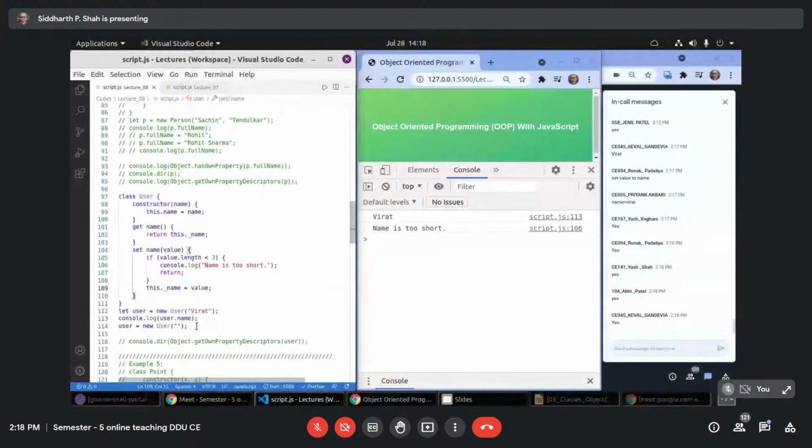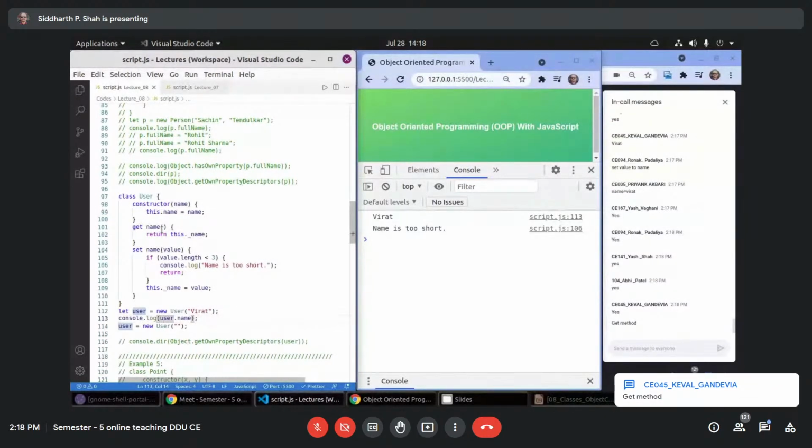So Virat is set, and when you print that name, what will this do? When you try to print user.name, actually, it will call the get method. Yes, it will call the get method. And what does the get method return? This one.